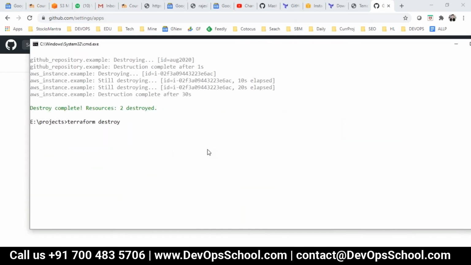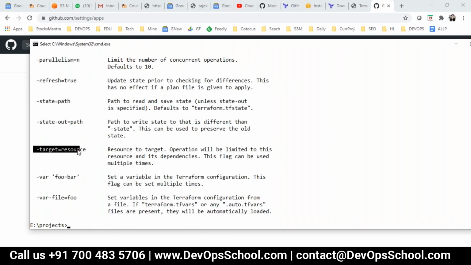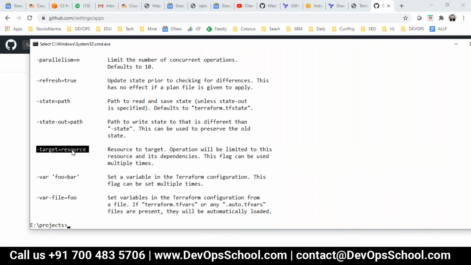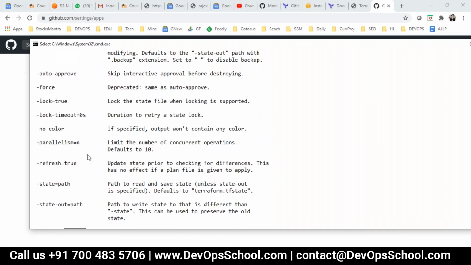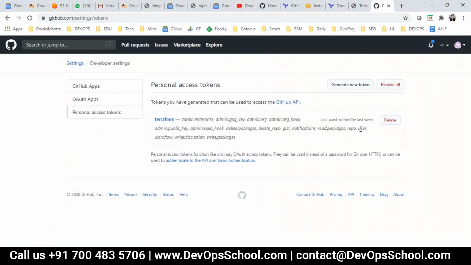Yeah, how can you do that? Very simple. Destroy -h. -h, never forget nowadays. Okay, any commands, any tools in the DevOps world. And now see, if you want to deploy specific resources, you can do that. See here. Got it? Resource name is, you can see github.example. Okay, that's the resource name. Got it? Yes, sir, yeah, got it.